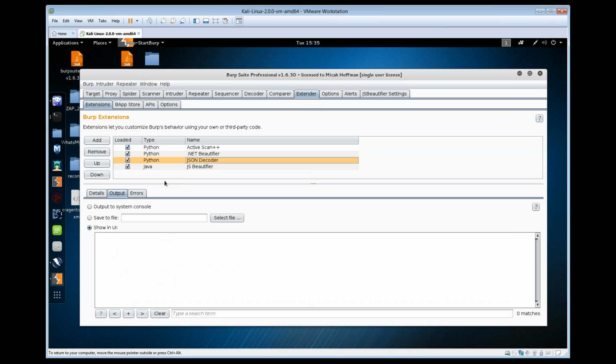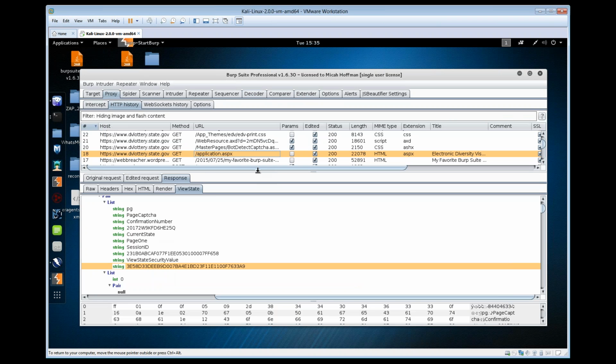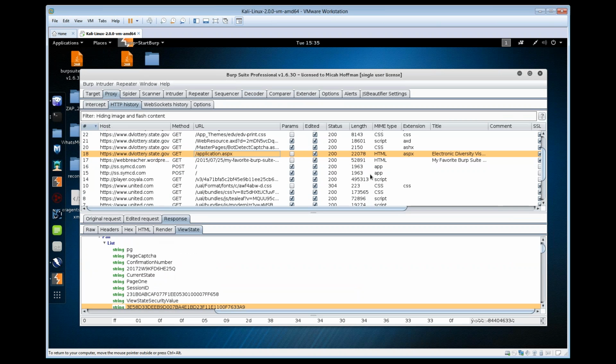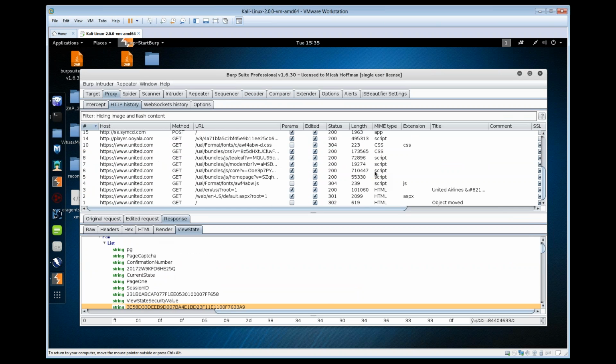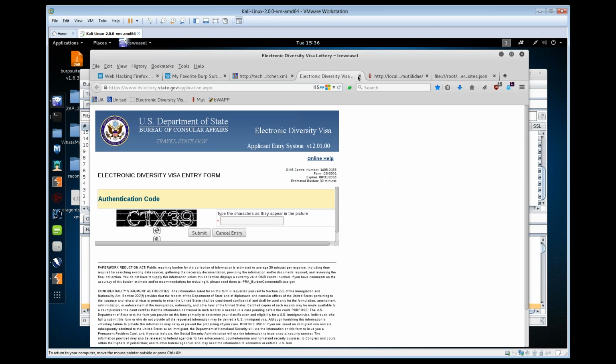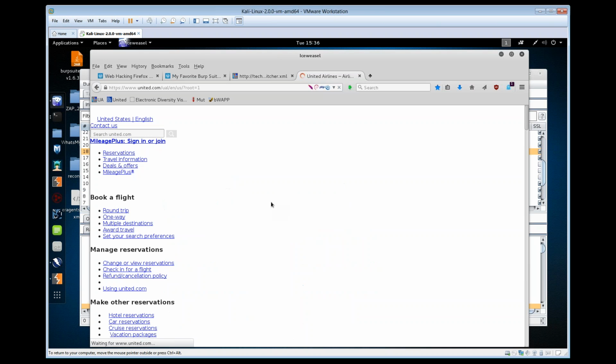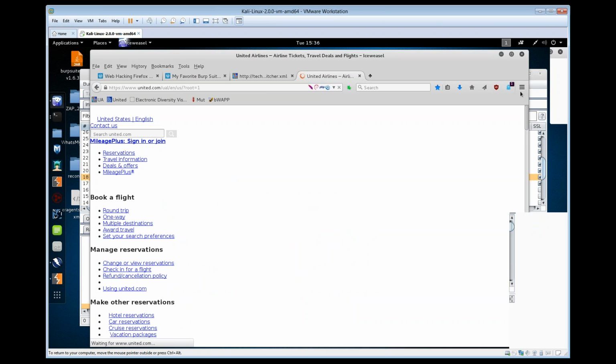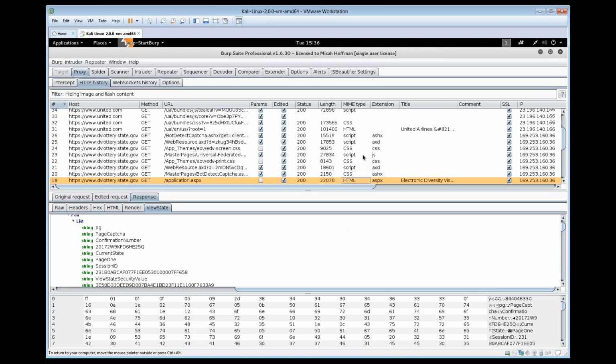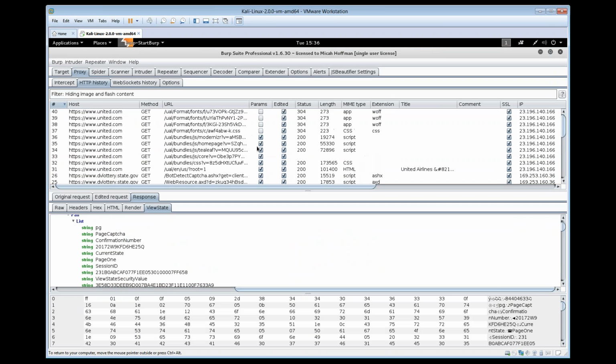The other thing is, again, we'll take a look at the JSON decoder. And for this, what we need to do is find some JSON content. Let's see if we can go back into Iceweasel and pull up United's web page. Come on. There we go. So if we scroll up now,